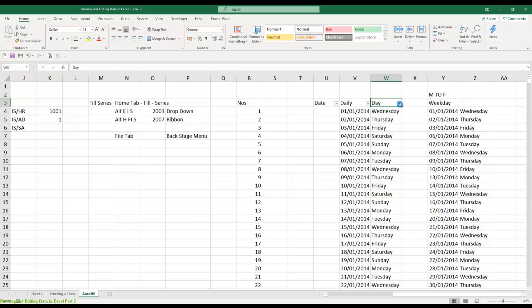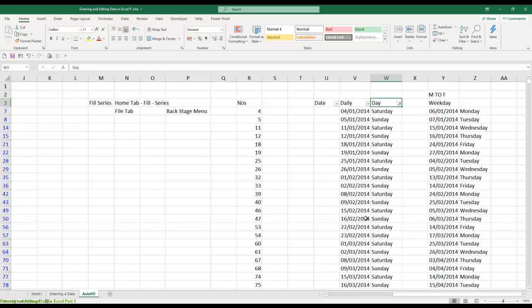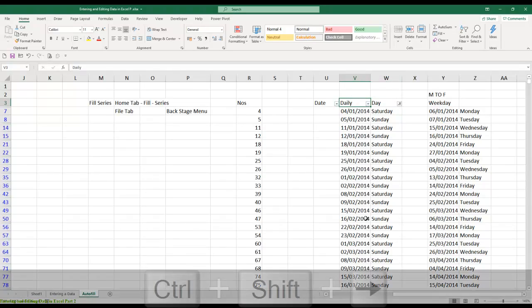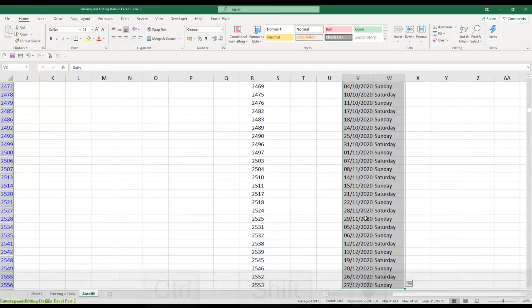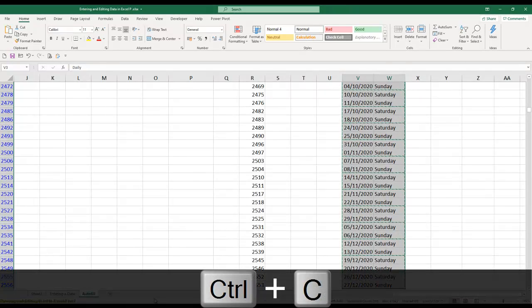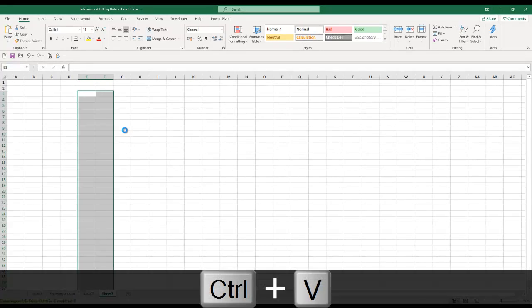So I'm going to just take up this, and Saturdays are ready. Now I want to copy this to another sheet. So I'm going to select the whole list with Shift Control right arrow or down arrow, Control C to copy it, add a new sheet and paste it here. You'll get all your weekends